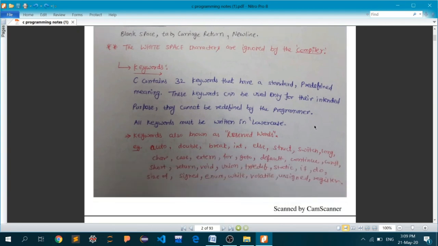Now, next is keywords. A few of the words that have been defined in the C language have a meaning that is only defined for C. The C language contains 32 keywords that have standard predefined meaning. A few of them you used in your last lecture. Like we defined a variable a, and I wrote int before writing the name a.